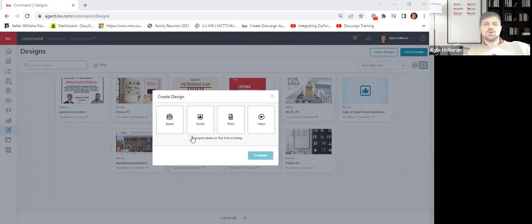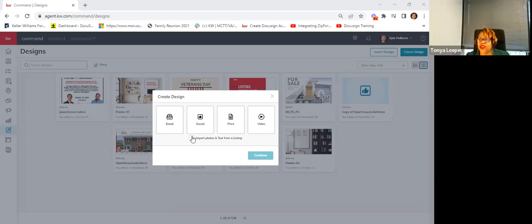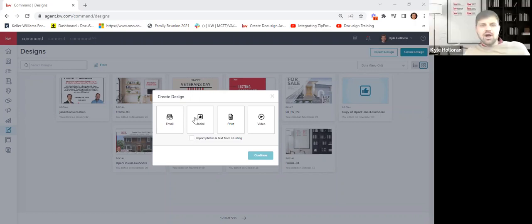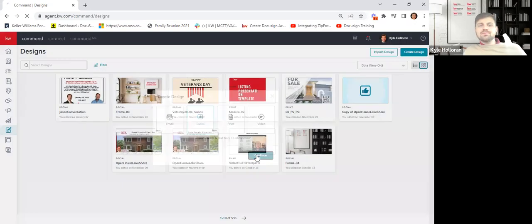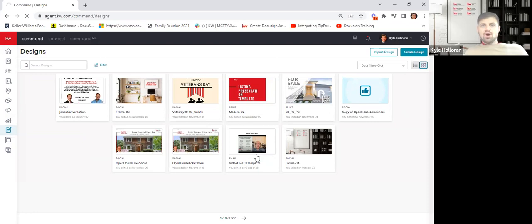Someone just shout out social or print. Which one we want to do first? Social. Okay, awesome. Thanks, Tanya. All right, so we're going to click on social. It highlights it. Can barely see it, but it's highlighted. It looks kind of like Kelly Green on my screen. Once I click social, I'm going to click continue. And that's going to open up our design portal, which is in partnership with a company called WeBrand.